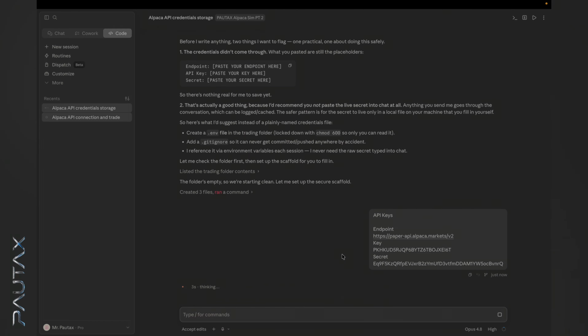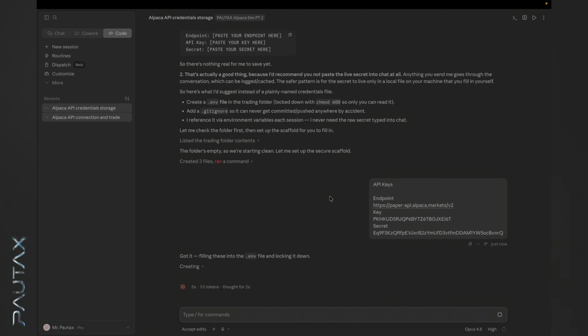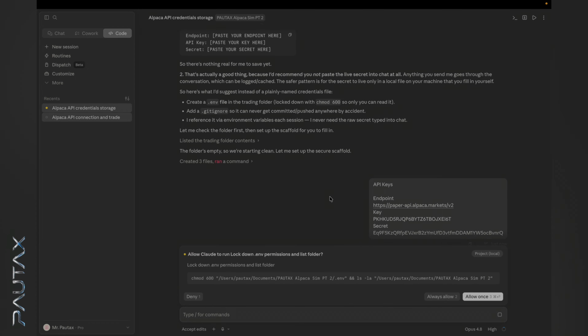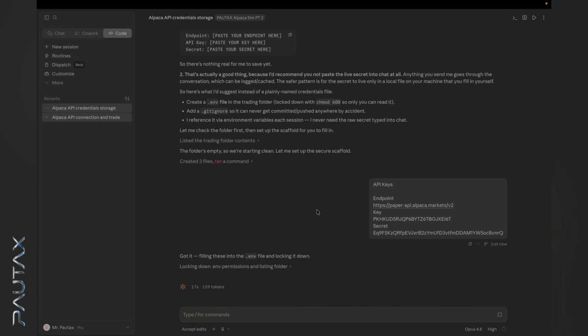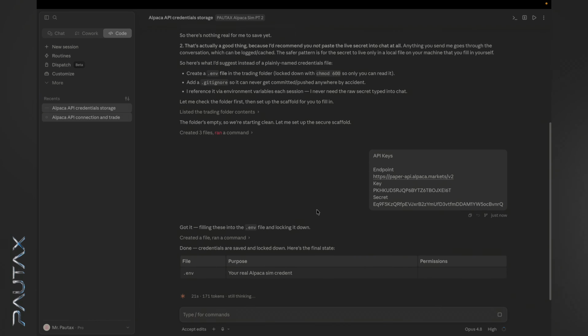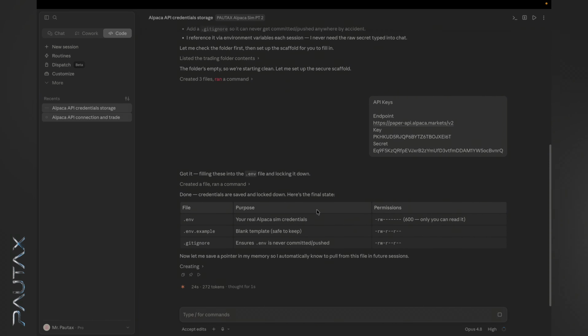So we also want to make sure that these are really detailed credentials to a paper trading account. And I will have several, so we will only be using this folder. As you can tell, it wants permission to the folder, just like it did in the last video. I'm always going to allow it because Alpaca is going to be in tabs with a lot of that folder. So it's going to be in my local folder, and